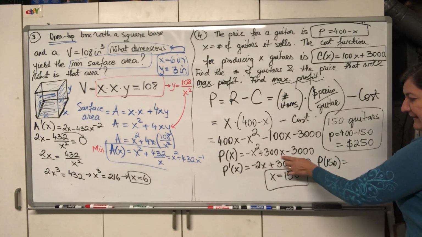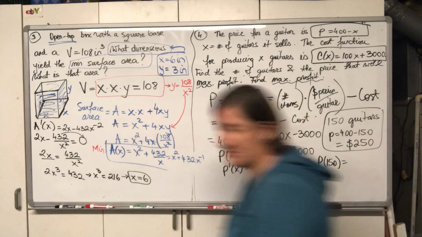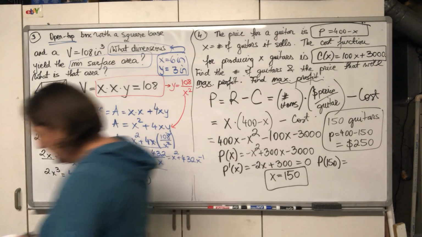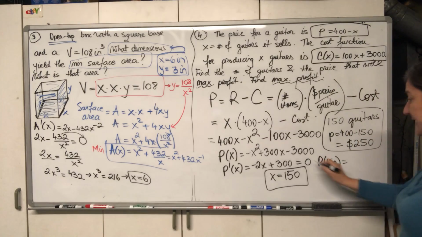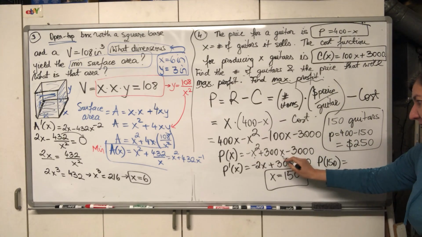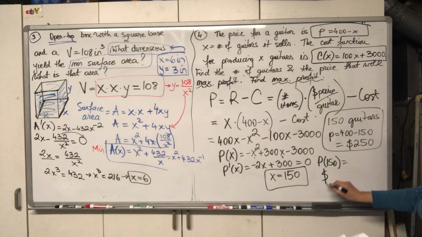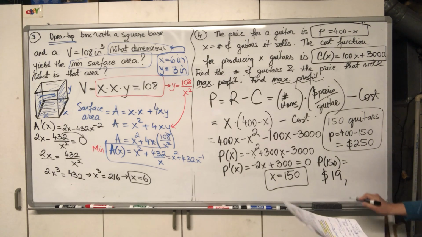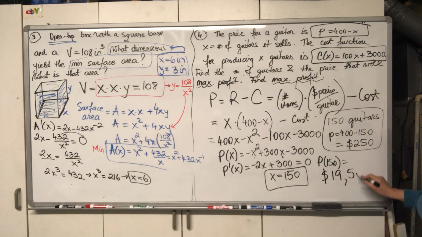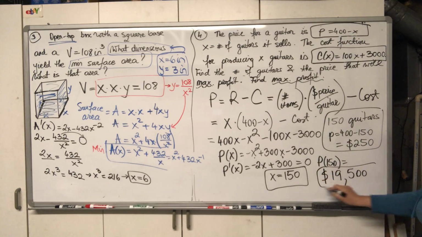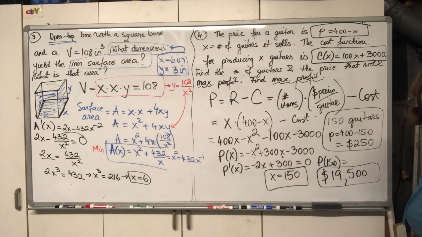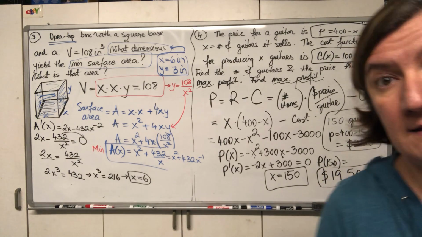Plug in 150. Oh, I don't know. I'm just going to check really quick what the answer is. I don't really want to do the math. But if you plug this 150 into the profit function, apparently you're going to get a total of $19,500. $19,500. Ta-da! I'm going to stop it because these